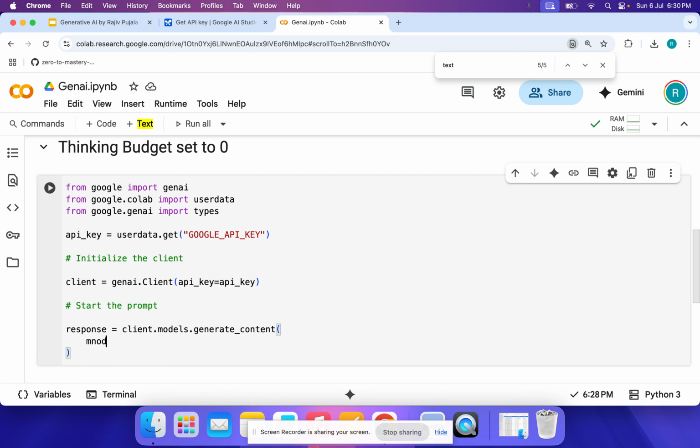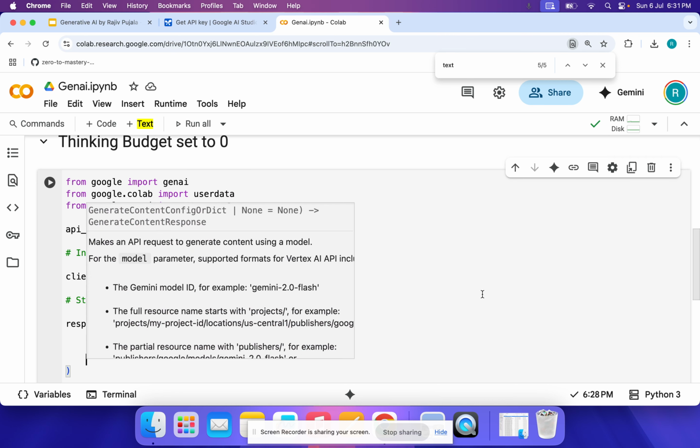Let's say the model name. Again, we're going to use the same model, Gemini 2.5 Flash, and contents is equal to "Explain how LinkedIn, for example, like how Udemy works, in few words." Okay. And then we have to set the thinking budget to 0. So let's say